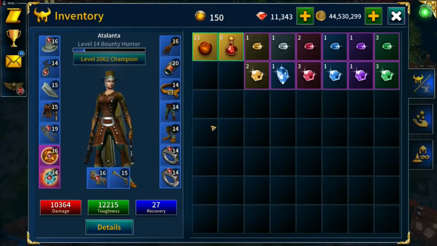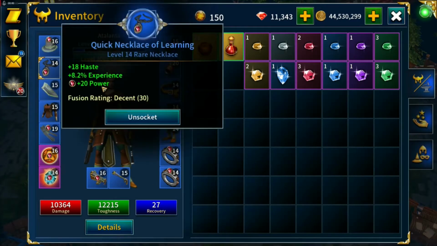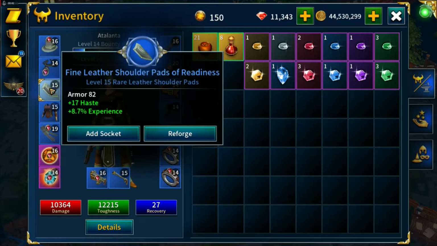In downtime I've recrafted gear since we hit level 14, and the gear that we had at the end of the last episode was getting very weak. I did spam a few crafts. It took about 4 or 5 on average to unlock rare tier, so I could get 2 stats on the gear. So we've got haste and experience on the necklace, haste experience,